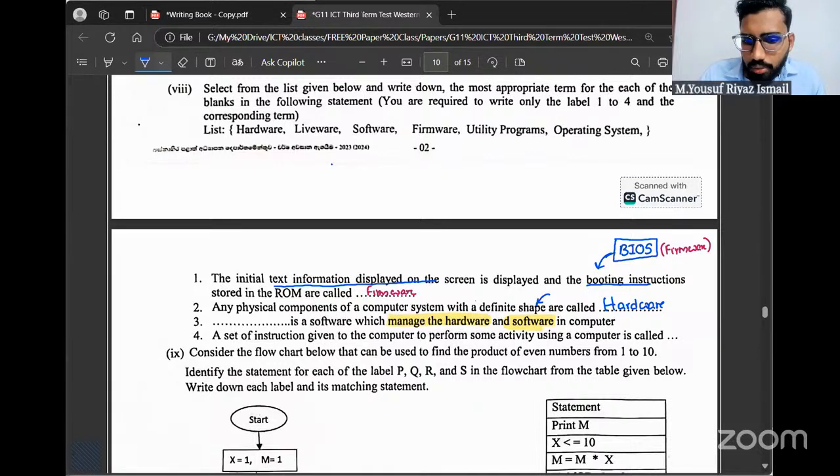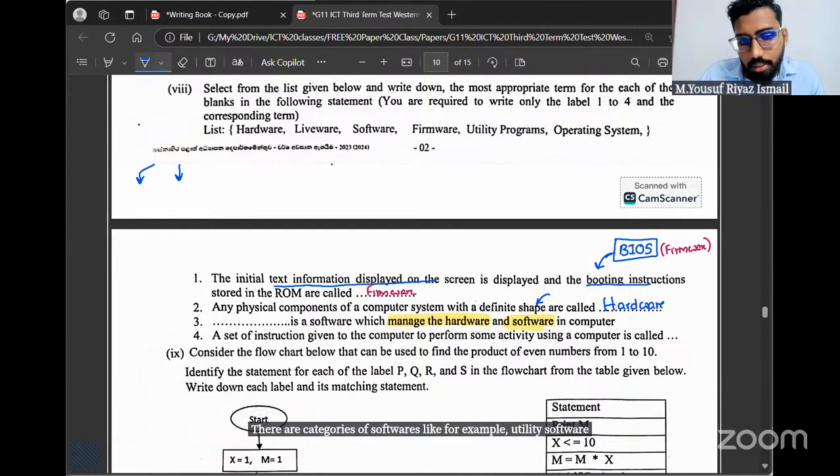What are the examples of software? There are categories of software, for example utility software, operating system, and language translator. Actually, the main categories we have are system software and application software, and the three examples I told you come under system software.